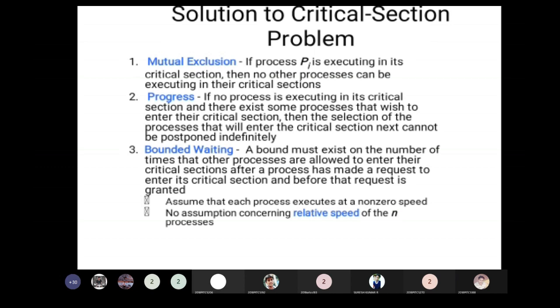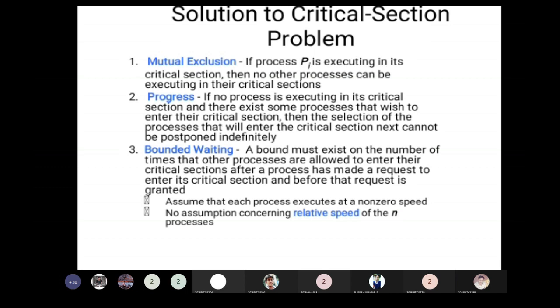Third one, bounded waiting. A bound must exist on the number of times that other processes are allowed to enter their critical section after a process has made a request to enter its critical section and before that request is granted. The meaning is, there may be many processes requesting to enter the critical section. For example, if one process is allowed to enter, the remaining processes who already requested entry cannot wait infinitely.